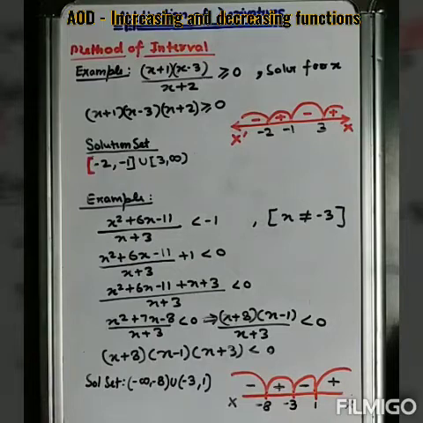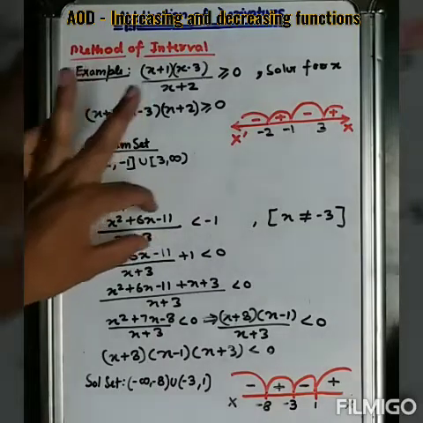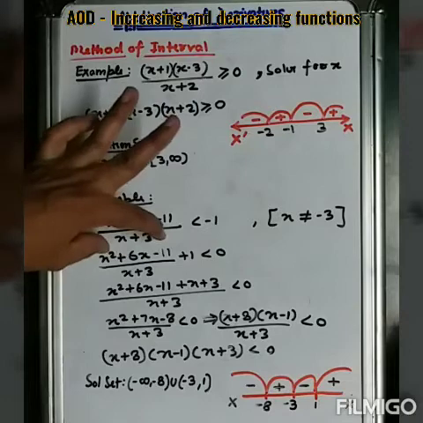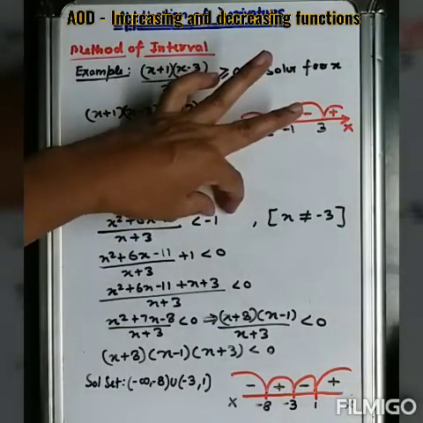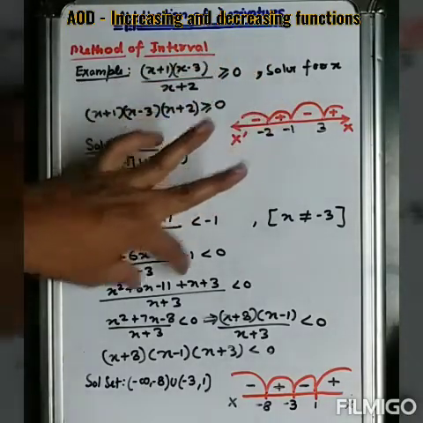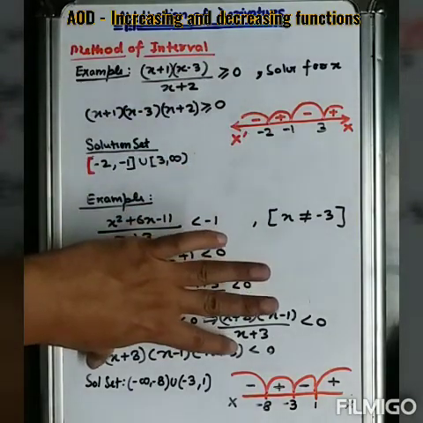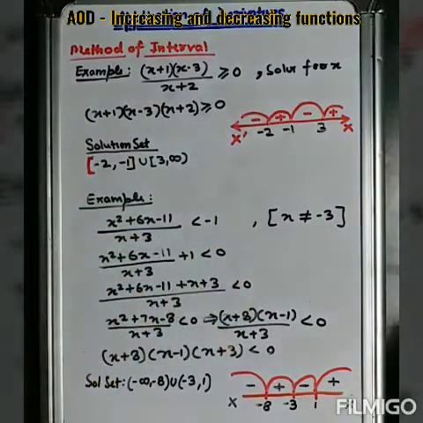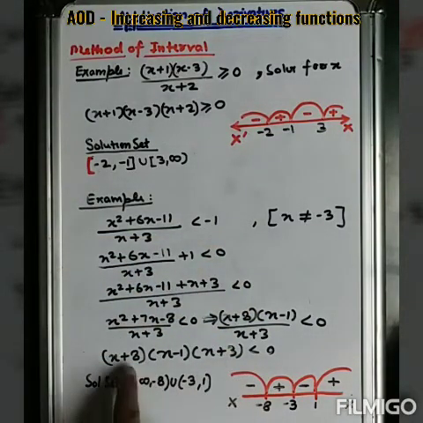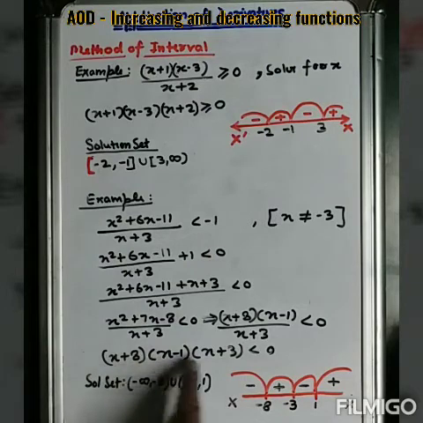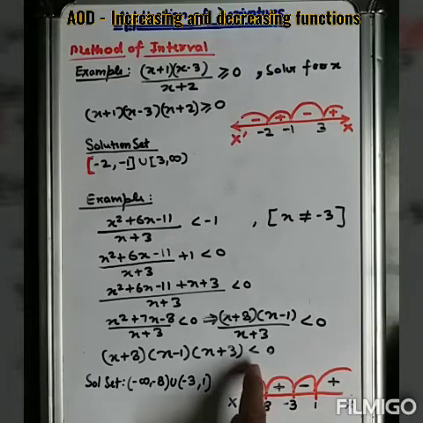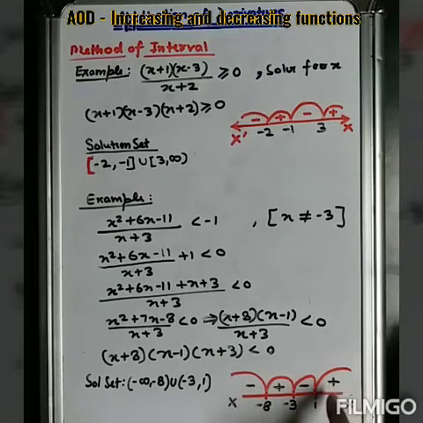Let us discuss one more question. These types of questions also. Again, just move this to the left side and solve it further. After this, we are getting this value. Again, solve according to the method of interval. Place these three values, minus 8, 1 and minus 3, here in increasing order. Starting from the positive sign, positive, negative, and so on.